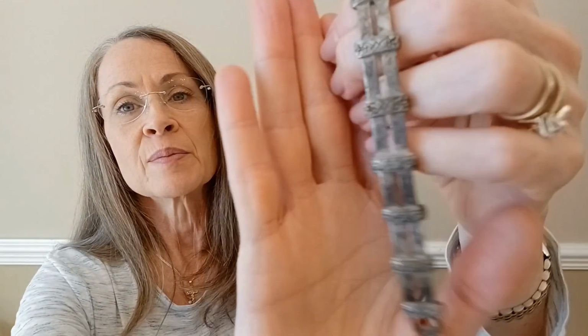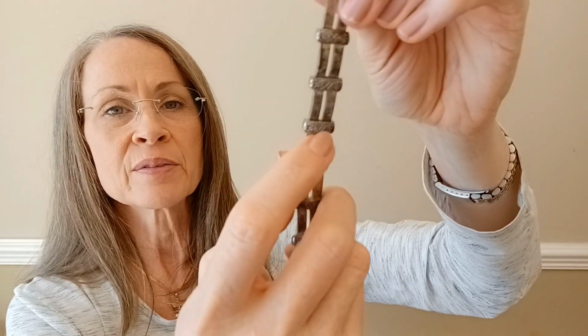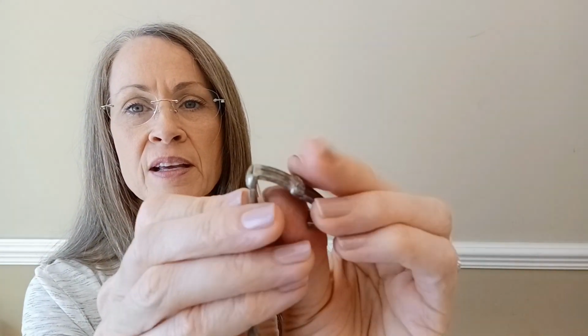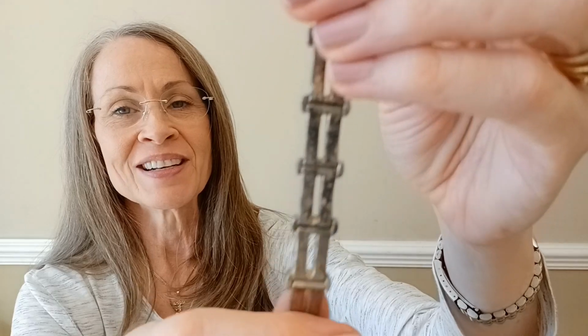Number 8. This one is not marked either, but I really believe that it is sterling. It's a bracelet that's got this beautiful, kind of carved heart design, or hearts and daggers. I really don't know how you would describe that design, but it's these separate panels that are all hinged together. It's just really hard to appreciate the handiwork on this one with a camera that doesn't focus clearly. So I'll put close-ups so you can see that and hopefully have some appreciation for the construction of this